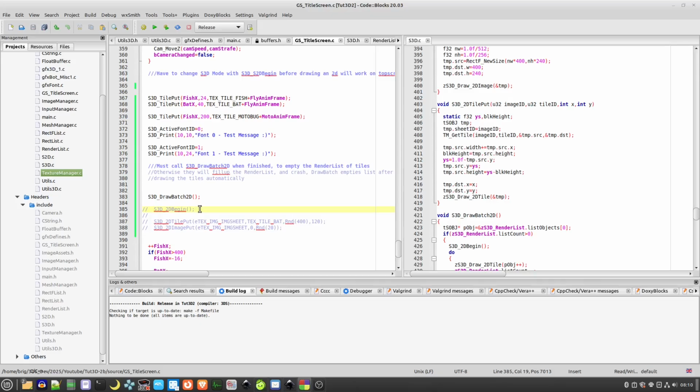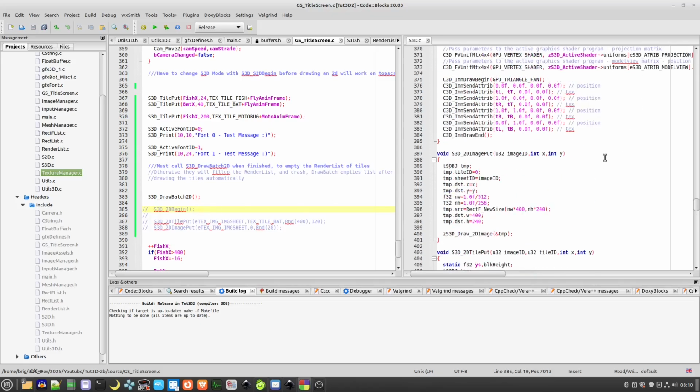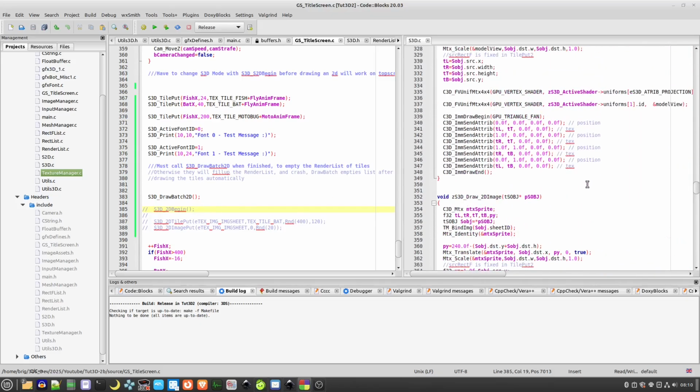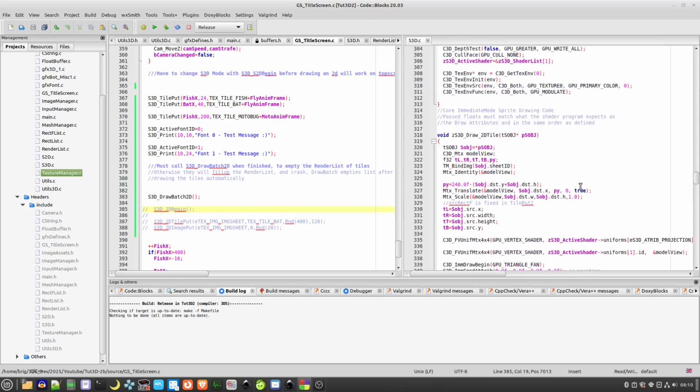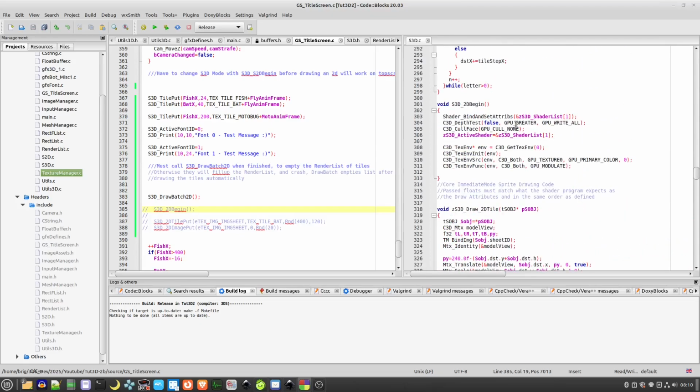However, I haven't been able to find a way to correctly get them to work together. So weirdly, what happens is there's the 2D thing here, so it turns off the culling and the depth test,